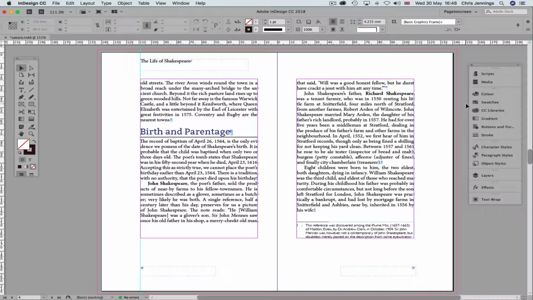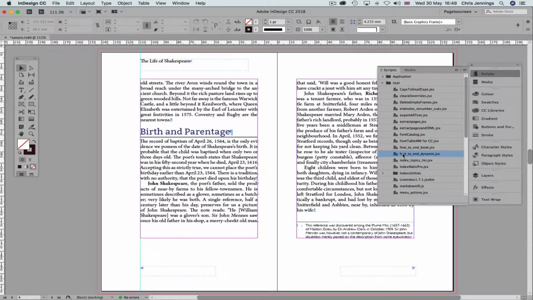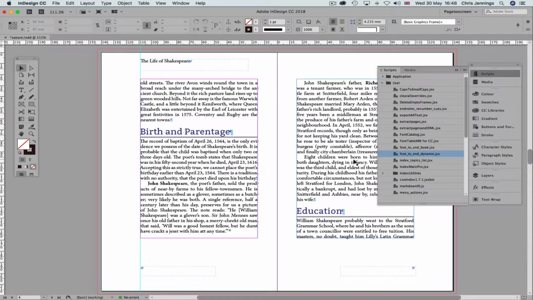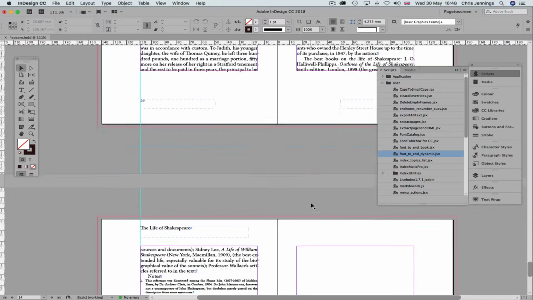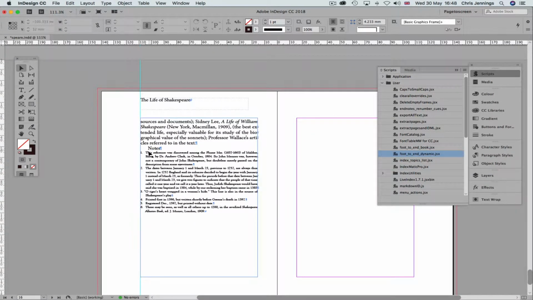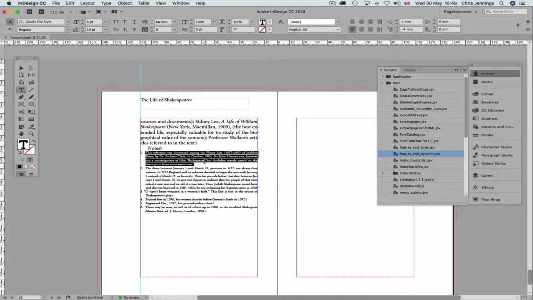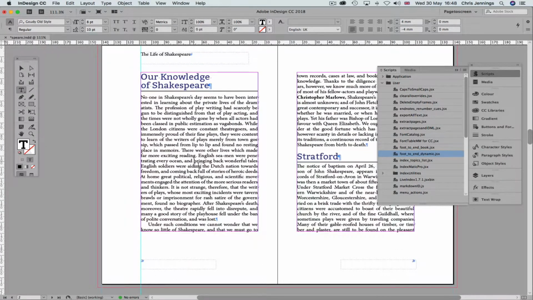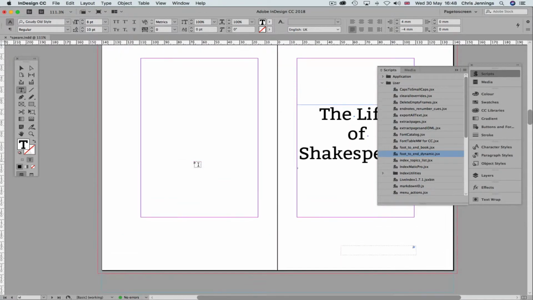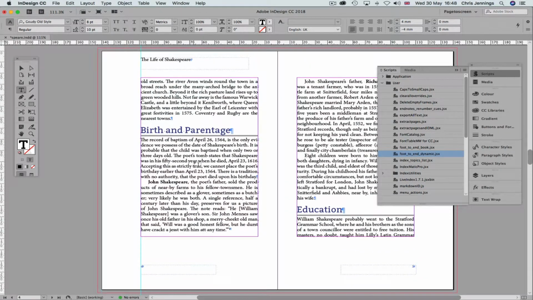So as before, we want to first of all use our script to move the footnotes to the end of the document, and then of course we do what we did before, but we're going to actually copy this first piece of text and then make that into a button on this page here. Where is it? This one here. So we're going to make this a button down here, paste the text into here,